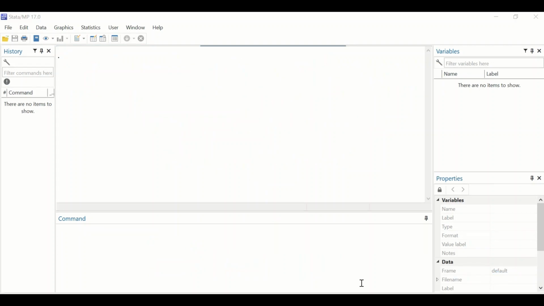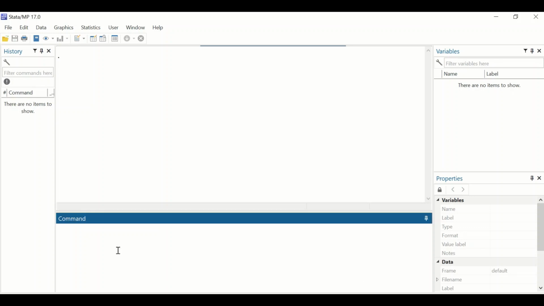Here in STATA, to determine the power for two samples, in the command section type the following command: power, space, 2, and then means all together, space, and then insert the first mean for the first sample, which is 45.6, space, and then the second mean for the second sample, which is 48.3, and then insert a comma, space, and then the first standard deviation for the first sample, which is 17.7, space,